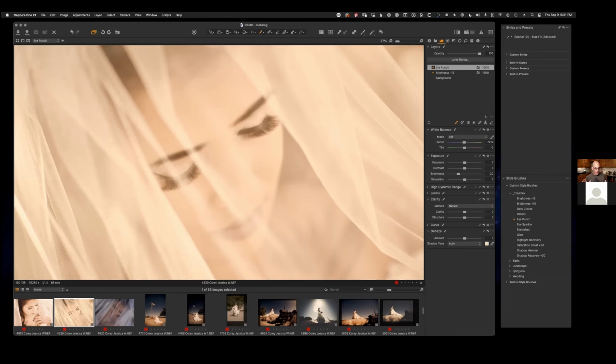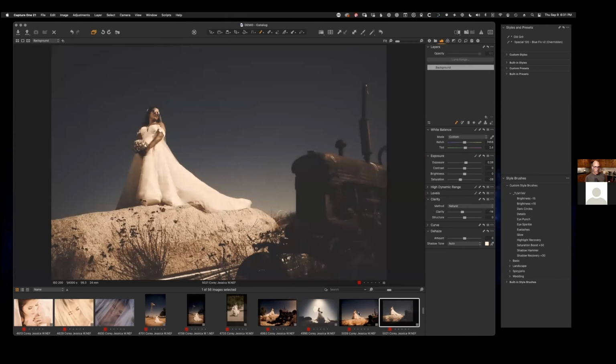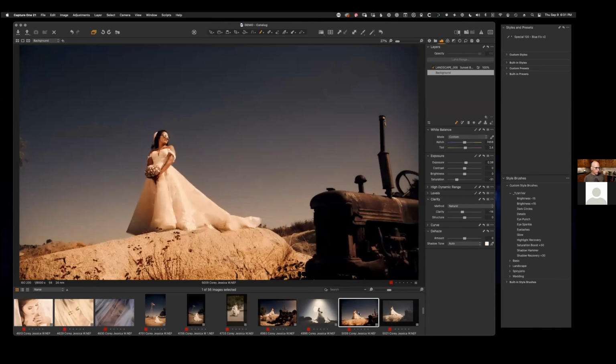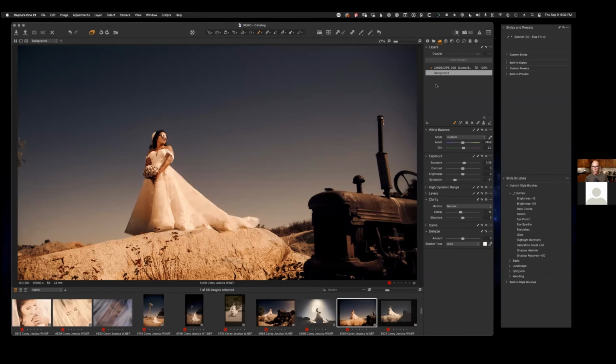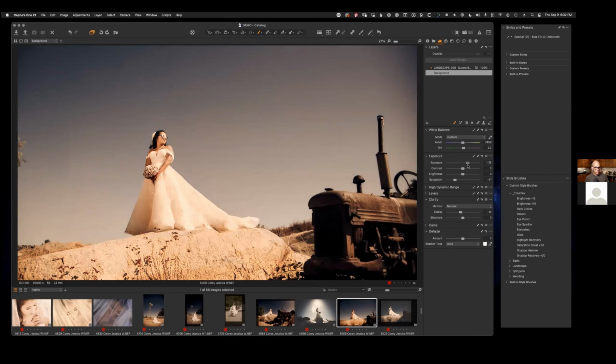And we need to mix all these things together. So the cool thing is you want to get used to Capture One, get used to how the tools work, get used to how Capture One thinks. And then you can apply all of these tools to an image. So for example, like this image right here, and I'll just turn up the exposure a little bit more. So in this case, if I just wanted to grab her dress, just the highlight of the dress, because maybe I want to add some warmth to it, or I want to do some detail recovery, or I want to add some more